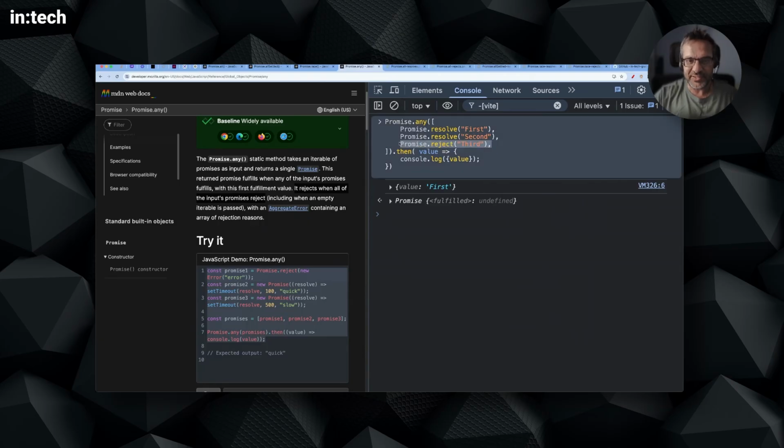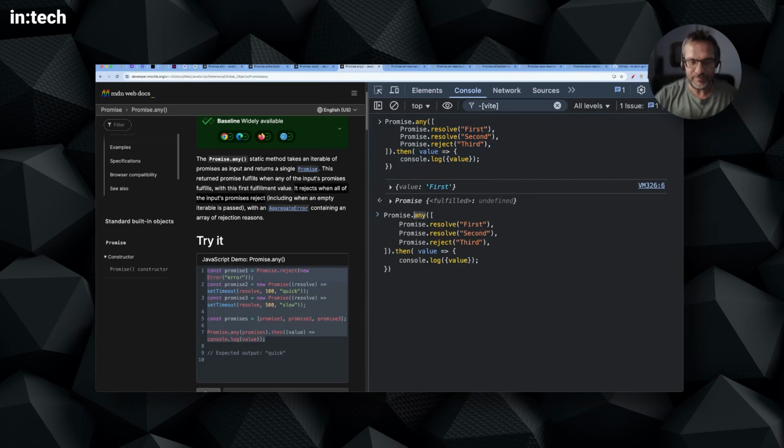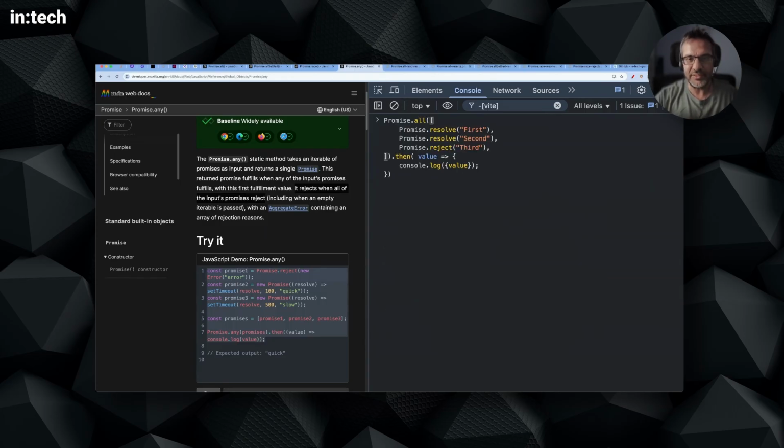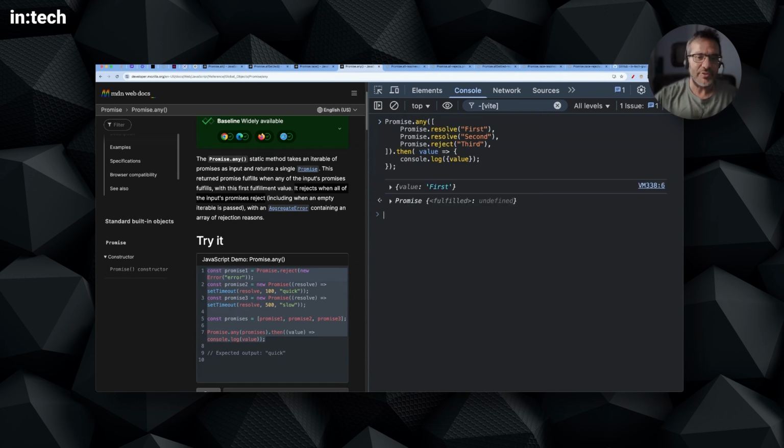So I hope we see the first one that resolved. It doesn't matter if this rejects. Remember, if I put Promise.all in here, it will fail, even if one rejects. But Promise.any is really caring only about one, and that's any of the promises that will resolve. It doesn't matter if it's the first or the last one. So in this case, I do get one of the values,